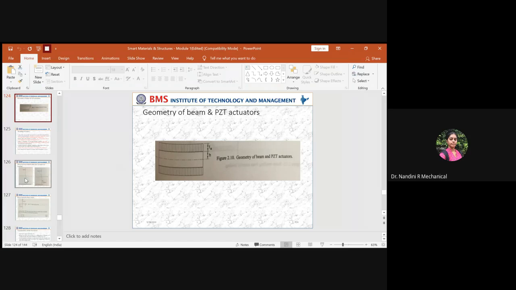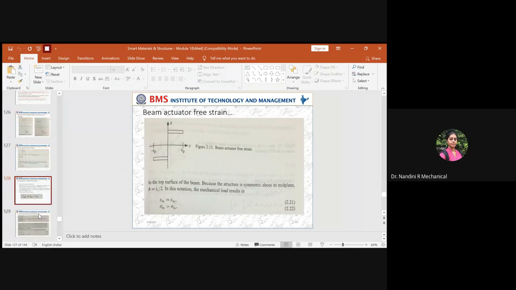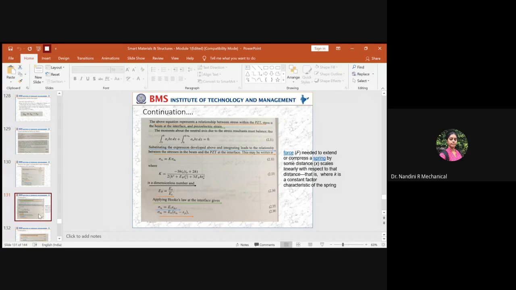That also we have studied already. You can see in the equation over here. The same concept now we will apply to develop the moment equation. So now you have two integrals. You can see one integral from 0 to h, as I explained with the diagram, and the second integral is from h to h plus TA. So you will be adding both. It is not like you will just measure TA.